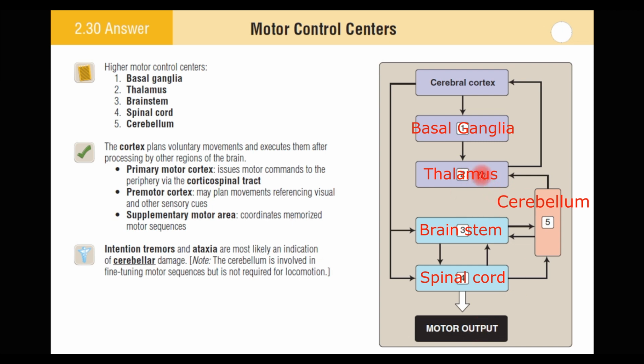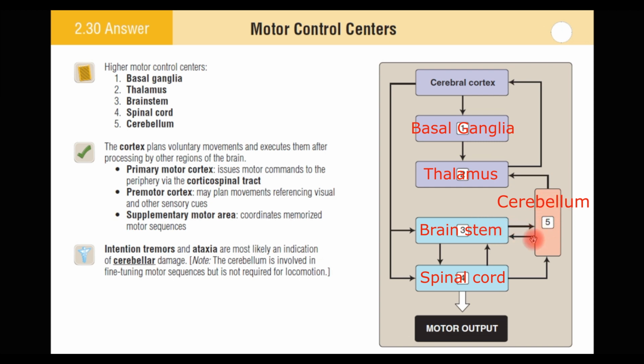Now coming to the other important aspect, this is the brain stem. It acts as the output as well as the input. That means the motor output also goes. In case of red nucleus, the rubrospinal tract goes. In case of reticular formation, reticulospinal tract. In case of vestibular nuclei, vestibulospinal tracts go out to the spinal cord as descending tracts from the brain stem, and the sensory input also comes from the spinal cord to the brain stem, which can then be relayed to the thalamus or also gives the sensory input to the cerebellum.